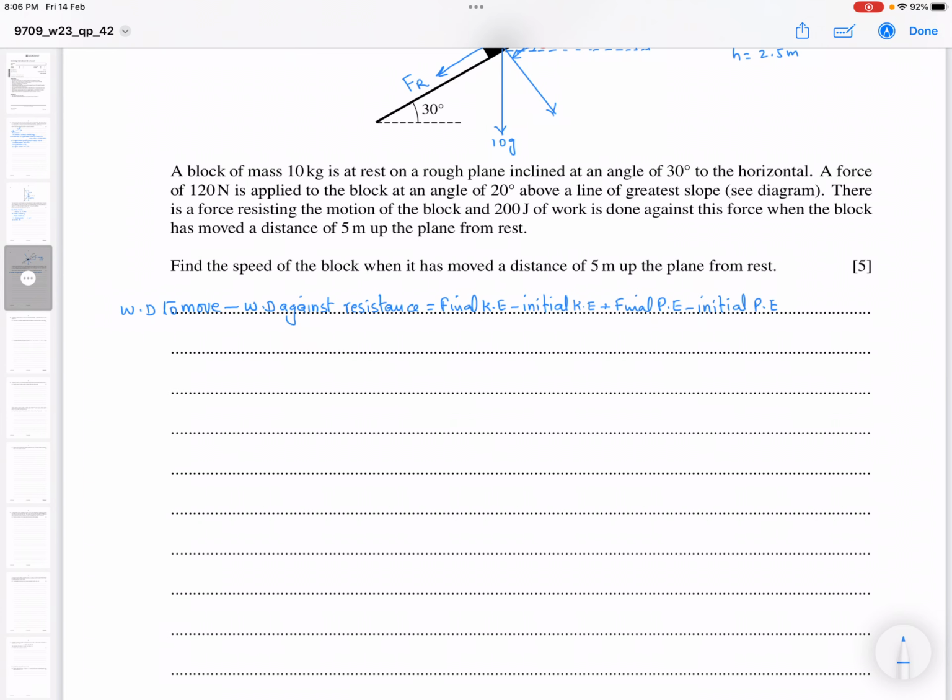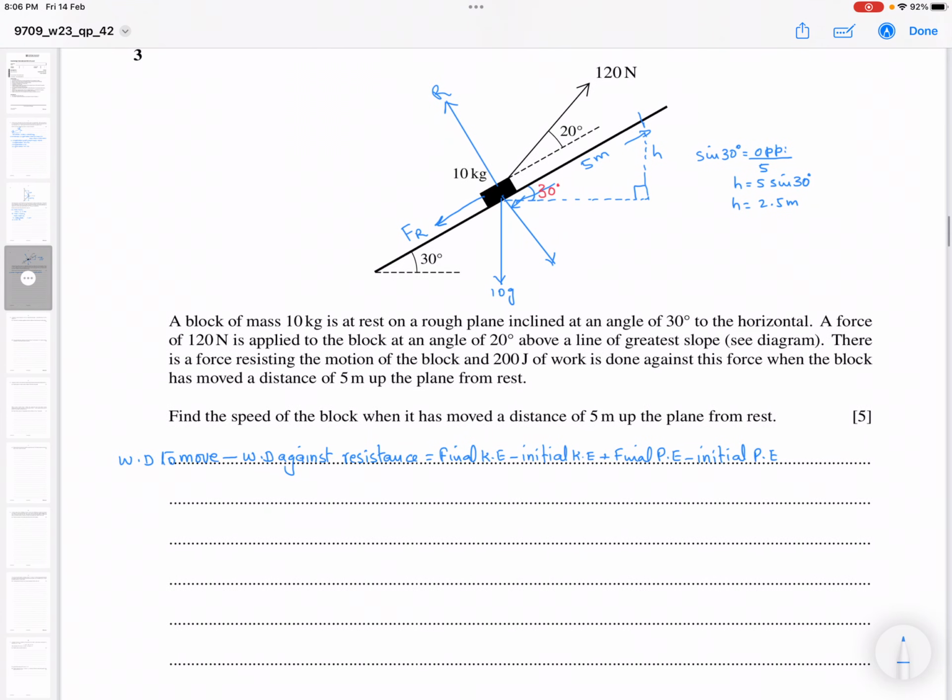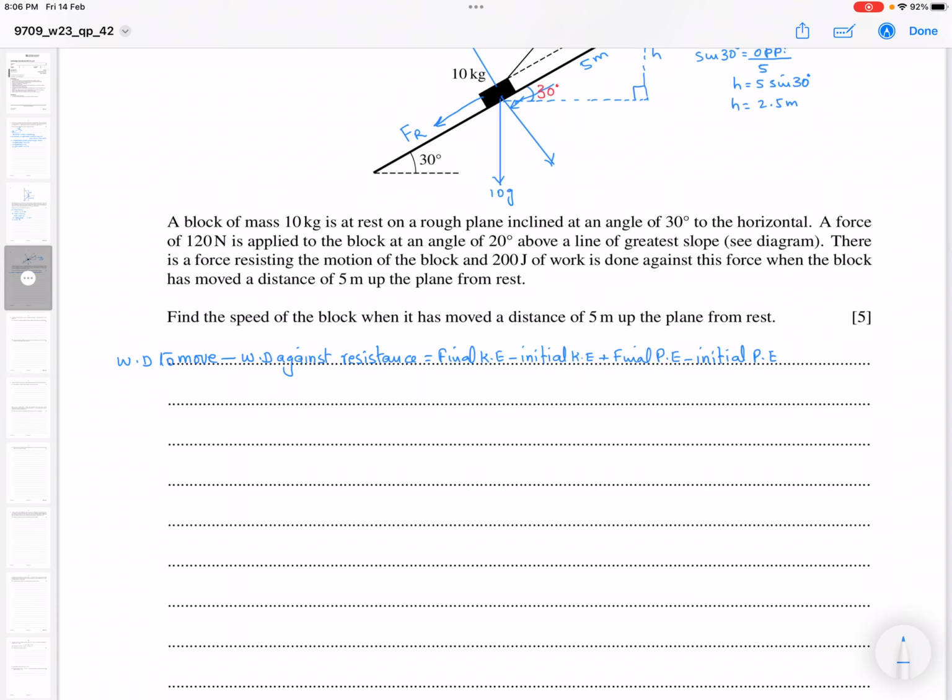So my work done to move is, because the block has to go up along the slope, and my angle is 20 degrees, so I will write force is 120 Newton applied, so I can write 120 cos of 20 degrees into the distance, which is 5 meters, minus work done against the resistance, that is given 200 joules. So this is equal to